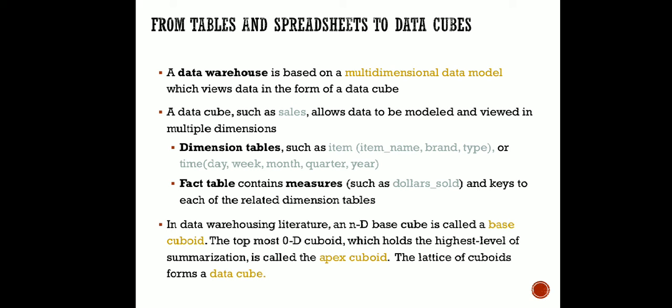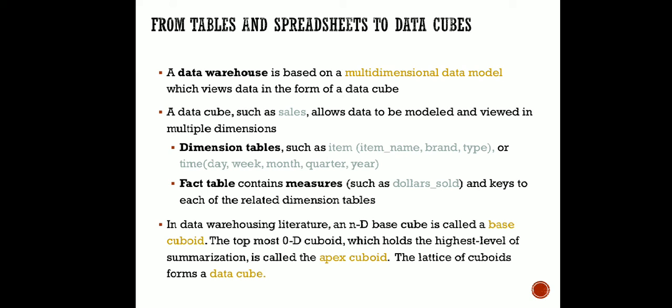Using the data cube, you can represent data having any dimension. Say, to define a data we are using 20 features, so that data is of 20 dimensions. Using this cube concept, it is very easy to represent that data.